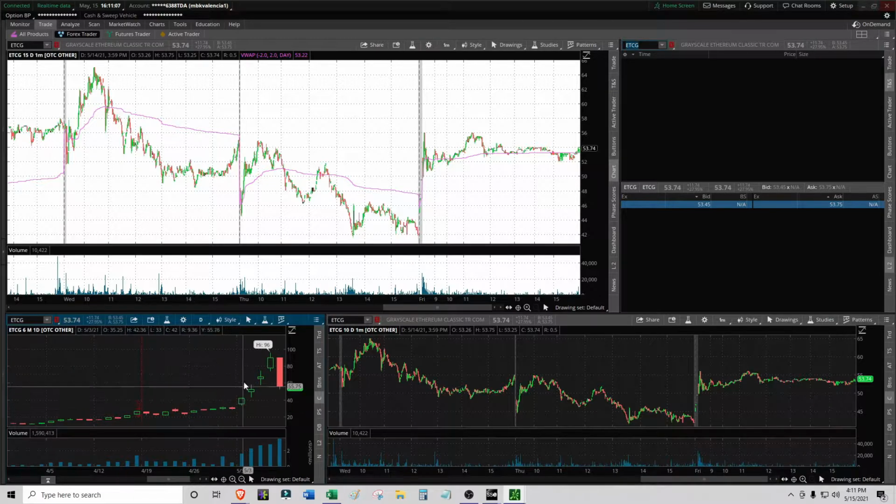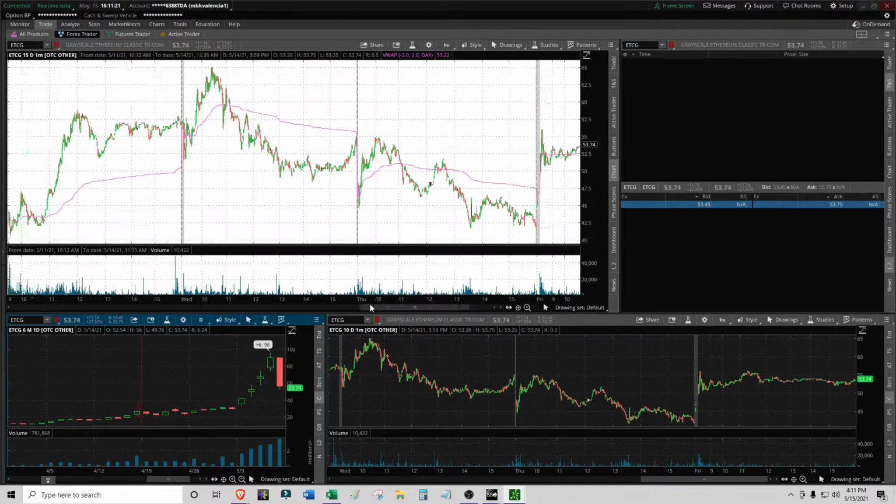First red day, nice run up. I mean, this thing was at $10 not too long ago. Got as high as $96, so that's pretty impressive. First red day, ETCG, 5.7. So let's look at 5.7